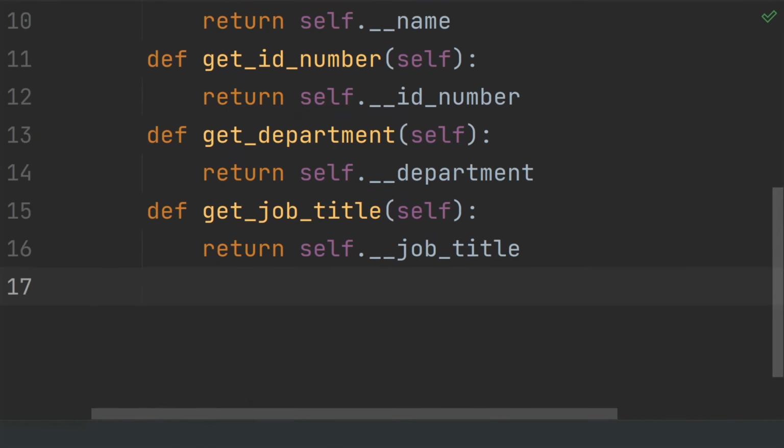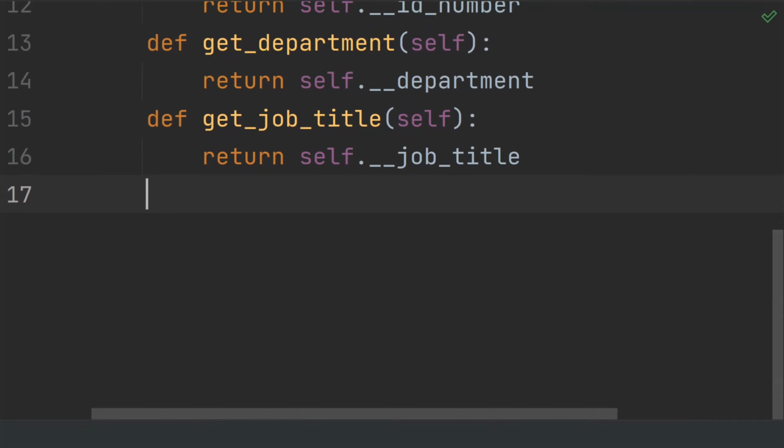Now I have defined the getter methods for all the data members. So write the main program,